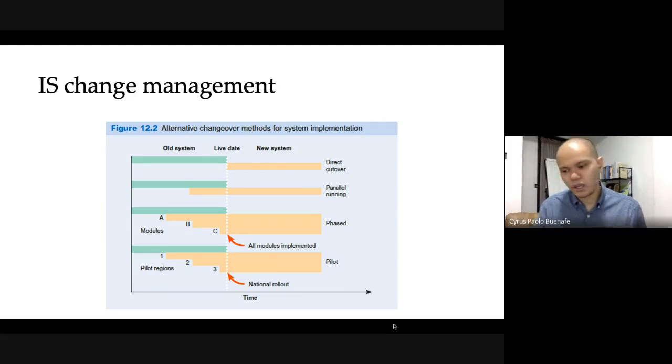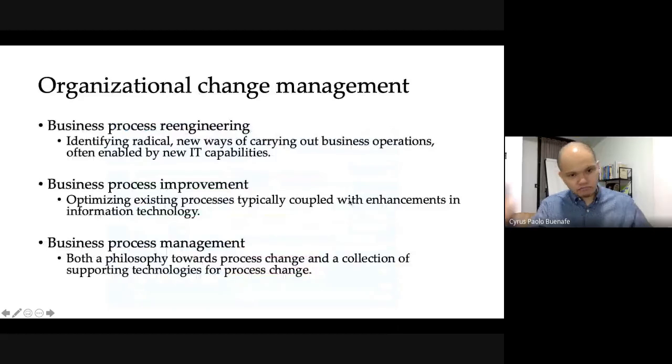And lastly, we go to organizational change management. For me, this is a more intriguing part because this is not technical, but if you don't really do well in this portion, then no matter how good the system is, no matter how sassy, how elegant it looks, if this component is not done very well, you can actually end up botching up the entire thing.